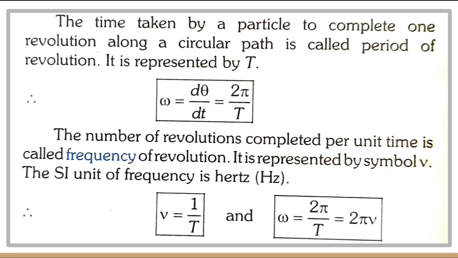And that relation you can extend to one more form, because we already discussed that 1 by T, the reciprocal of time period, is frequency. So, instead of 1 by T, you can write nu, the frequency. So replacing 1 by T with nu, we have omega equal to 2 pi nu. So that equation is also very important. So omega equal to 2 pi nu, or angular frequency is 2 pi into frequency. As I told, angular frequency and angular velocity are the same. So omega equal to 2 pi nu, and omega is 2 pi by T.